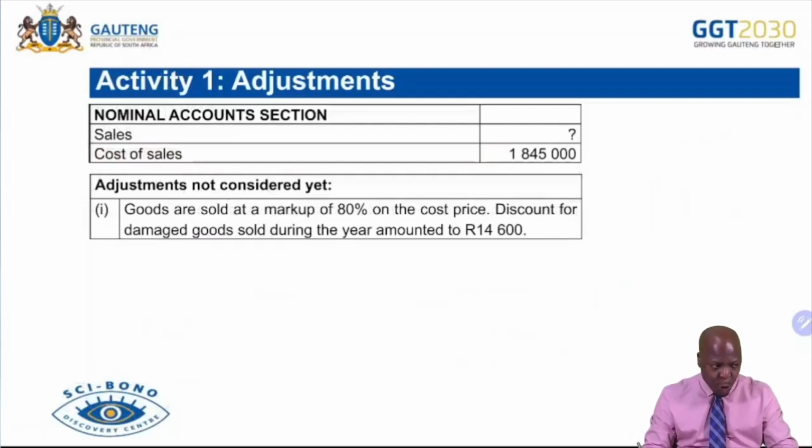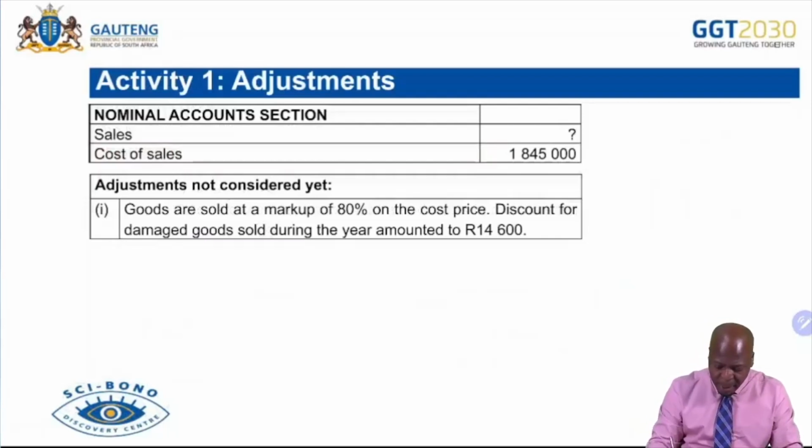goods that were sold, and they were sold but at a discounted amount, and we're told that the discount for the damaged goods sold amounted to 14,600. So what we're going to do is we want to see how to record these amounts. Let's see how we can record these amounts. All right. So one of the most important things that you have to understand is that whenever we are selling